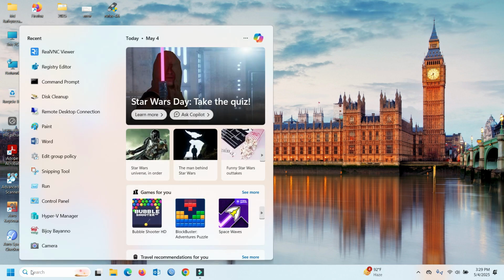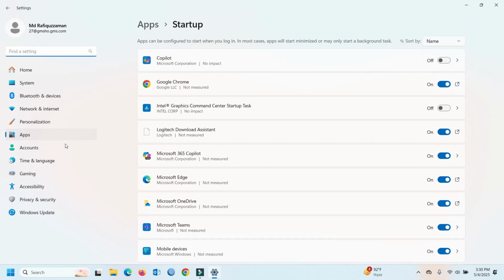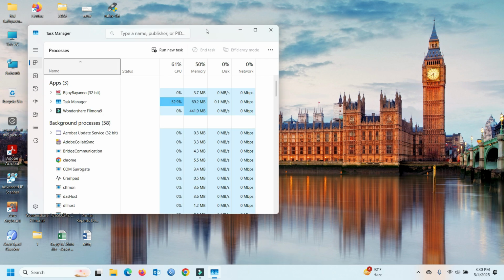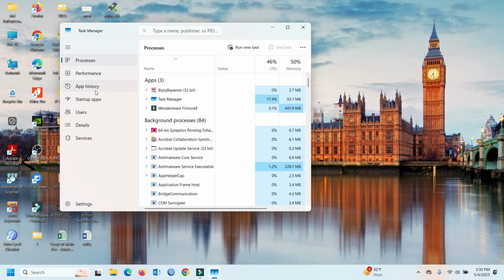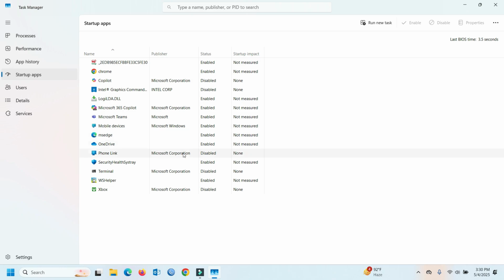First of all, click the search button and type startup apps. Now you can see the startup apps page. It actually works in two easy steps. First, you can go to Task Manager and click startup apps, and you can disable your startup apps right here,